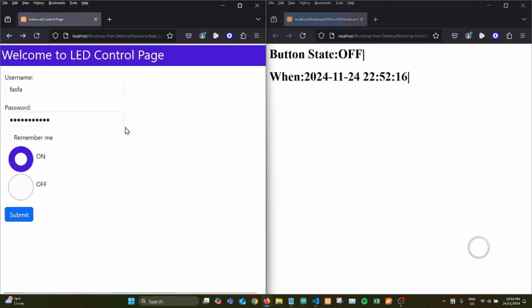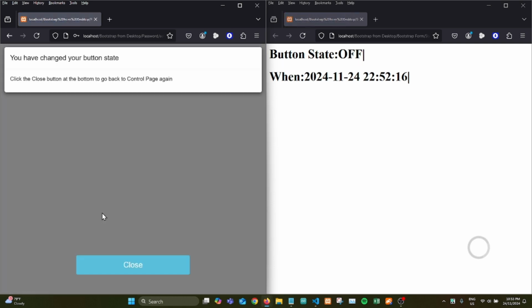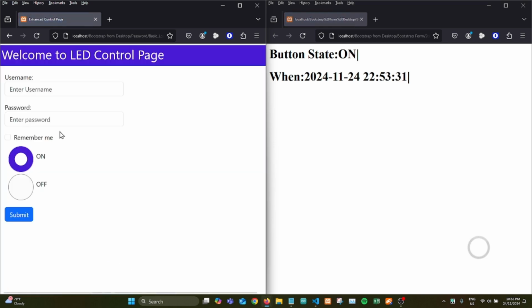Okay, so only the user that has the credential can make changes to it, right? So it kind of adds an extra layer of security, as we have discussed at the beginning of the video. So I could also choose to remember me, right? If you have a personal device that you have locked in, no one else is using the device, you can use remember me, and it will submit the value. And once you click close,